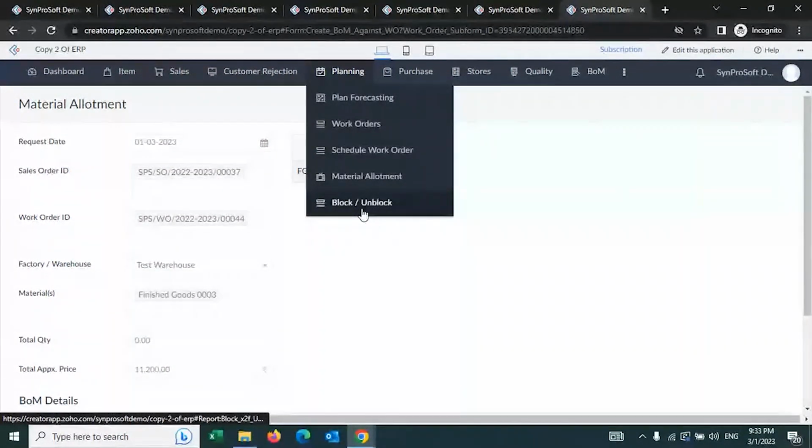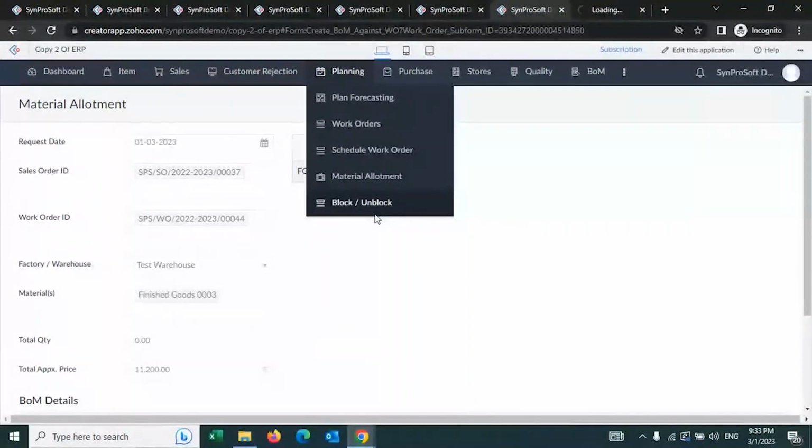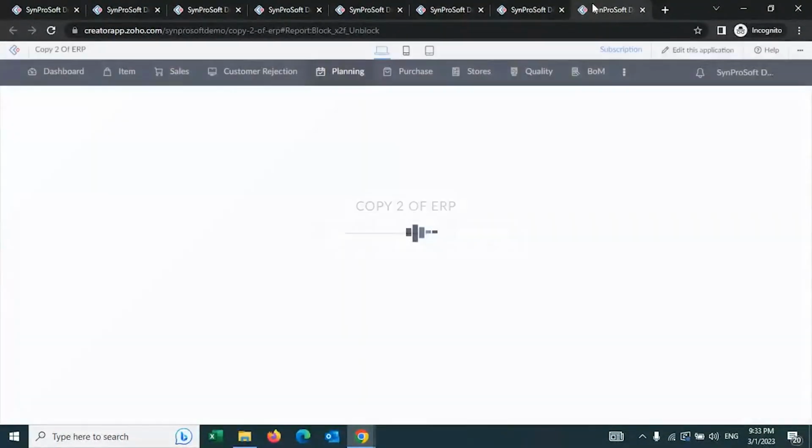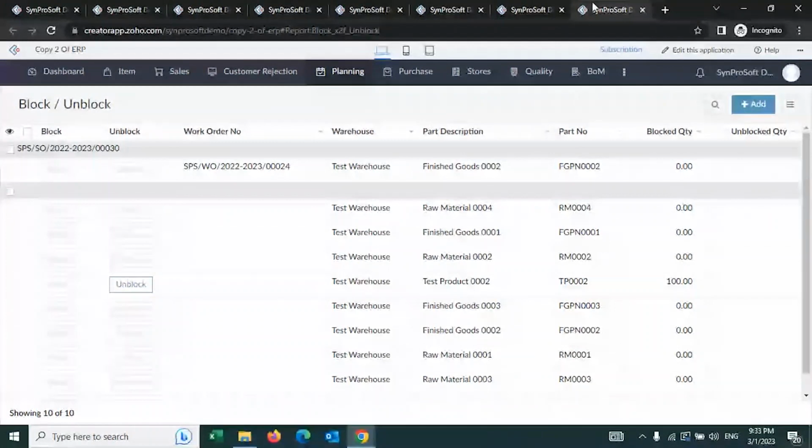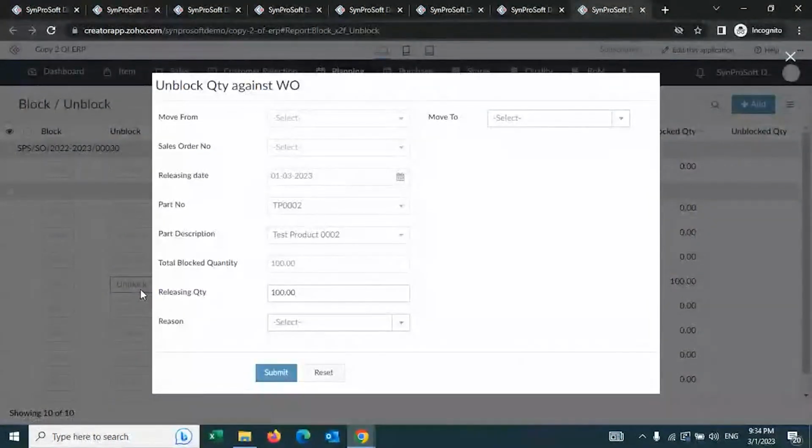Finally, we also give you an option to unblock. Now, sometimes you may want to block automatically. Some customers do not prefer automatic blocking or unblocking. When I say automatic blocking, sometimes they may want to manually block or unblock. That is what they do. Here, for an item which is already blocked against a work order, you can release it from that work order and assign it to another work order, because there may be another super urgent work order which has come and you want to fulfill that first.